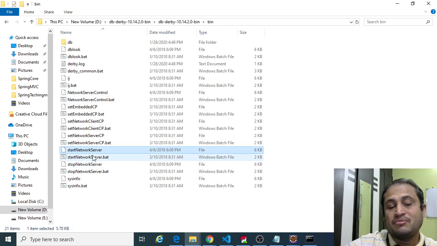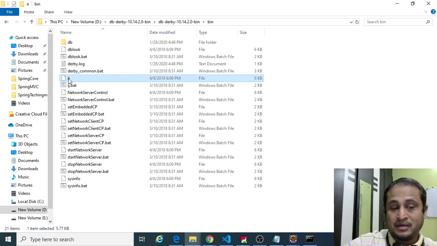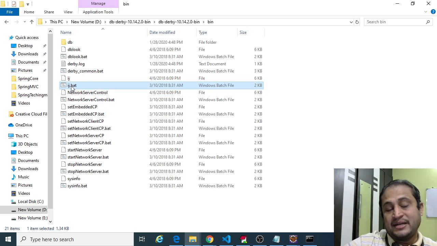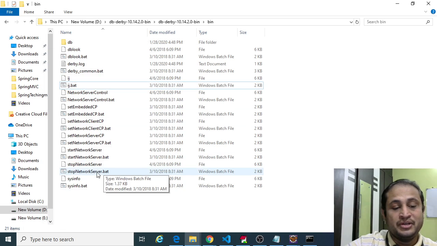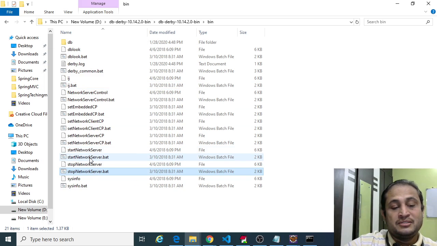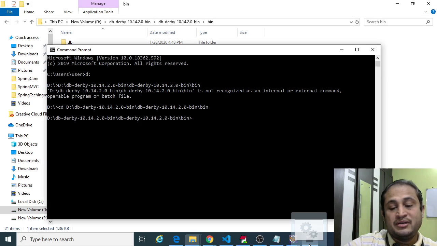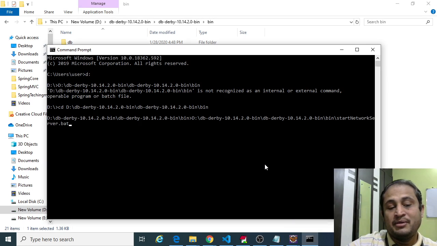We won't stop now, we will just start it because it is not started yet. There is another command called ij.bat, which is the client. So one is the server, one is the client. How to start the server? You can drag it here, or just type the same command.